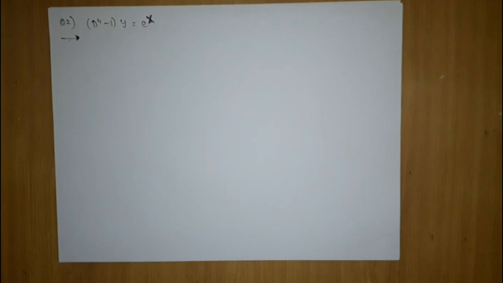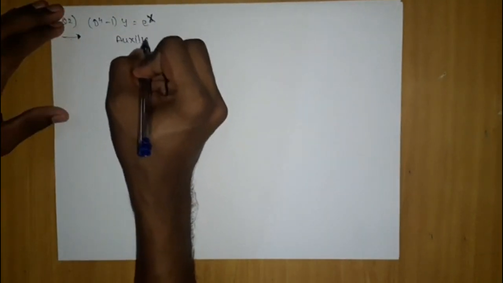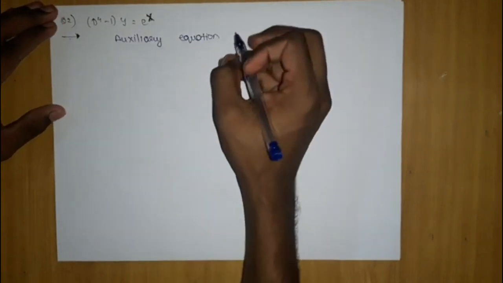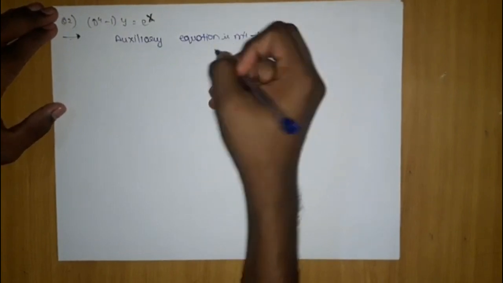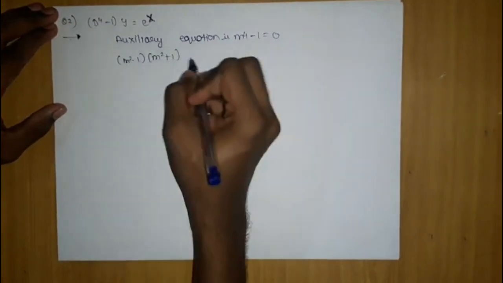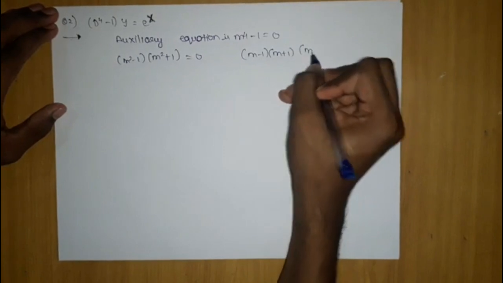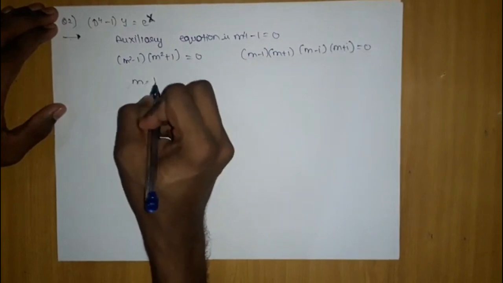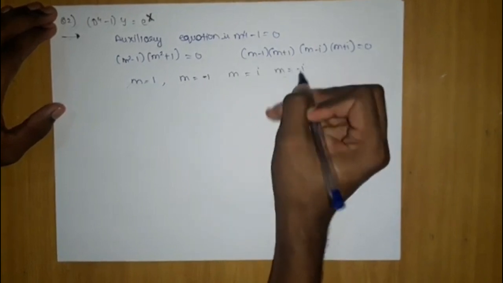Now what we are going to do in it, we are going to get its auxiliary roots. So the auxiliary equation is what? Replacing D by m. So here m power 4 minus 1 equals 0. Now if you solve, you can write it as (m square minus 1)(m square plus 1). Very simple. After this you can write it as (m minus 1)(m plus 1), and this you can write as (m minus i)(m plus i). This whole should be equal to 0. So you will get the answers m equals 1, minus 1, i, and minus i.